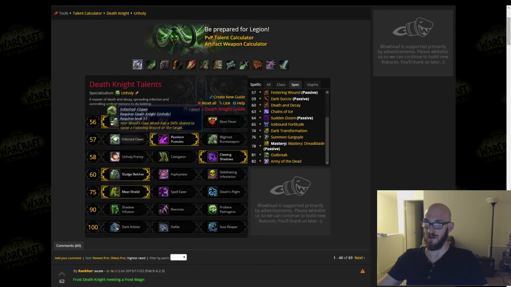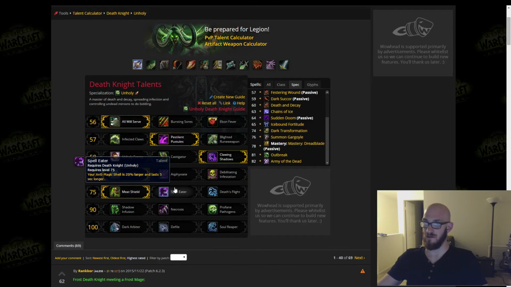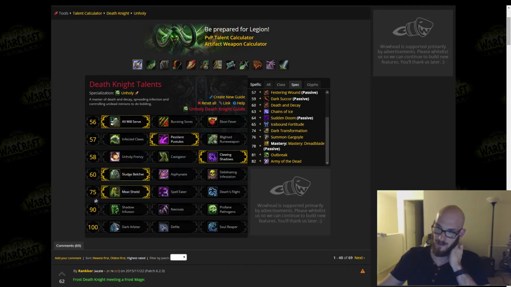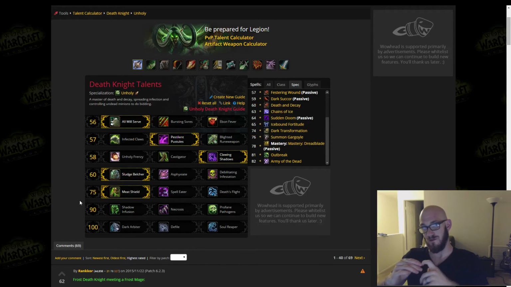On just a personal preference level, and just being able to contribute and keep myself alive, Meat Shield doesn't sound too bad either, especially if we're just going for a gnarly pet build. I can see that being a thing. I don't know if I'd ever take Death's Flight. I don't know if that would be something I'd ever be interested in. I don't know if it's worth it to me to lose Death Grip. I mean, if it turns out to be best in slot, then I guess I can learn to play it, but I just can't see that being...